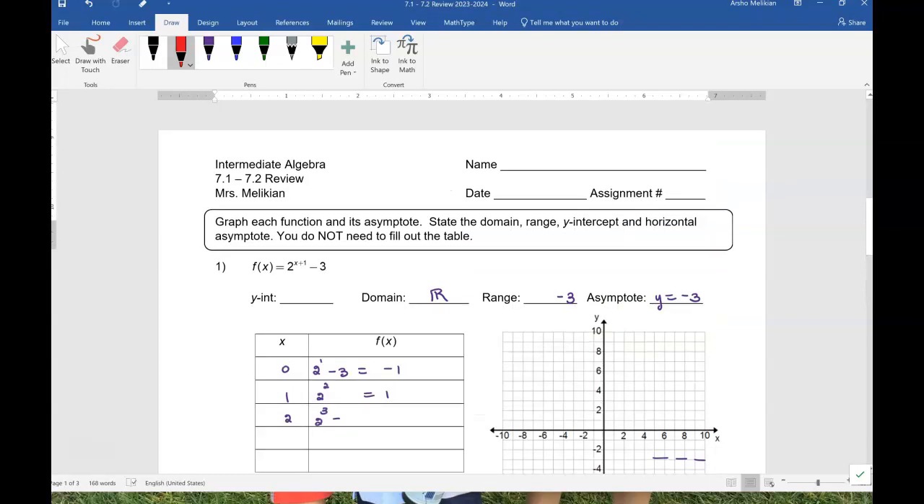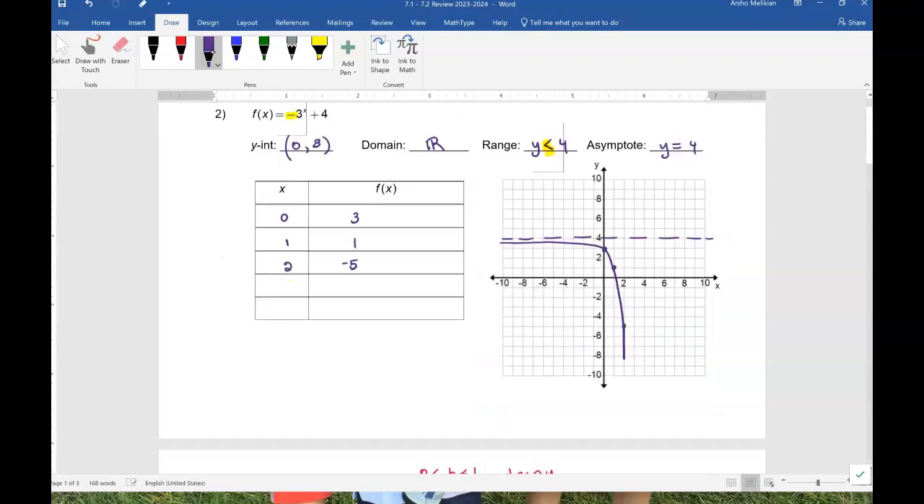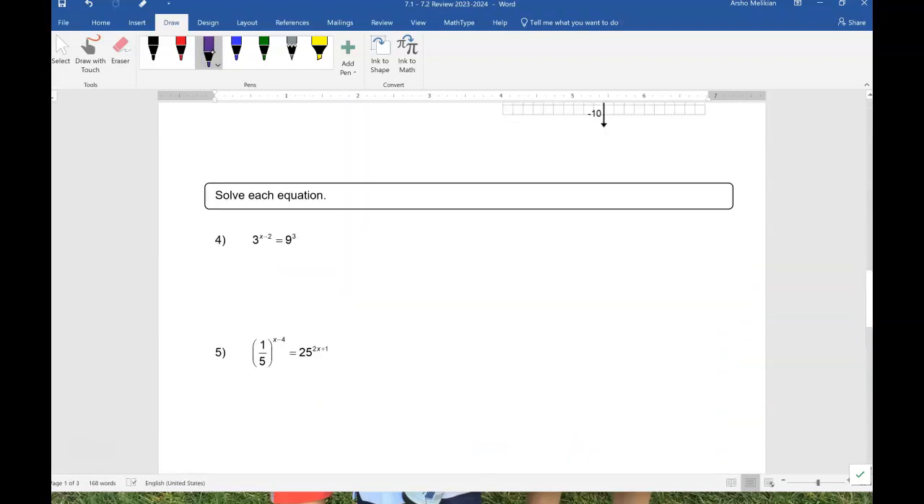So all this was section 1, right? So here we can put that this is section 1. Here we're starting with section 2, 7.2. Okay. So to solve these equations, what we have to do